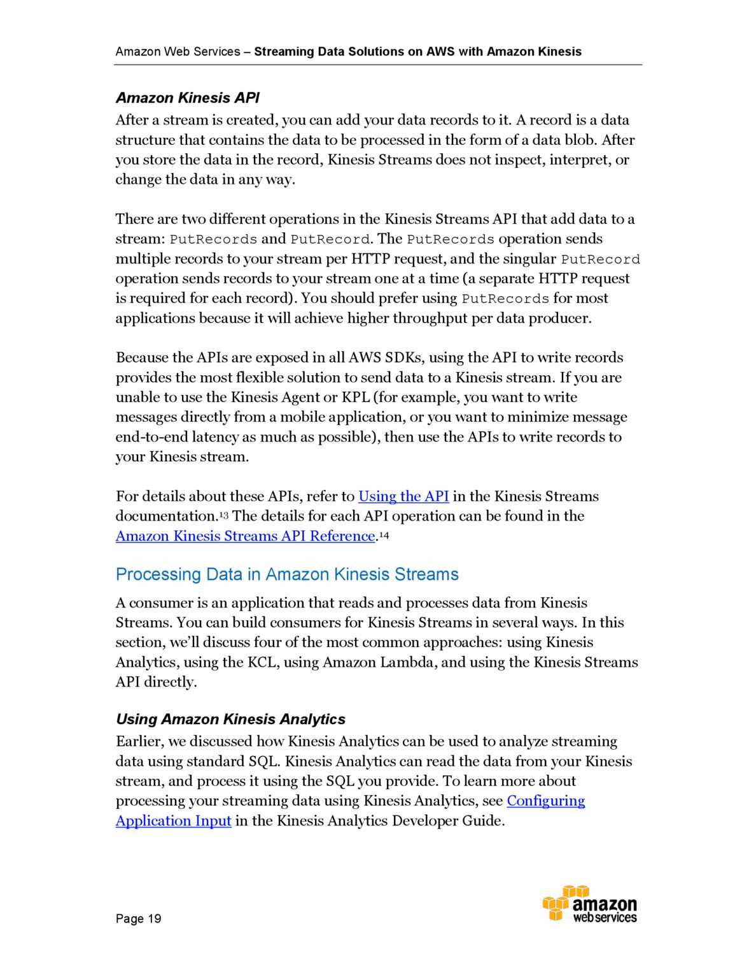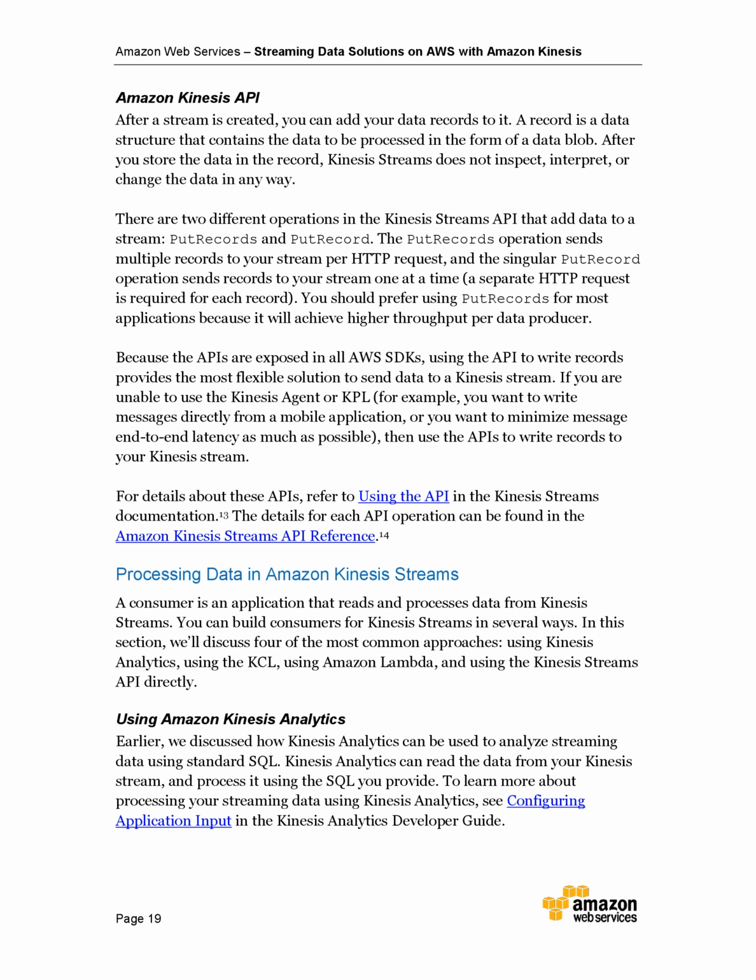14 Processing data in Amazon Kinesis Streams. A consumer is an application that reads and processes data from Kinesis Streams. You can build consumers for Kinesis Streams in several ways. In this section, we'll discuss 4 of the most common approaches: using Kinesis Analytics, using the KCL, using AWS Lambda, and using the Kinesis Streams API directly.